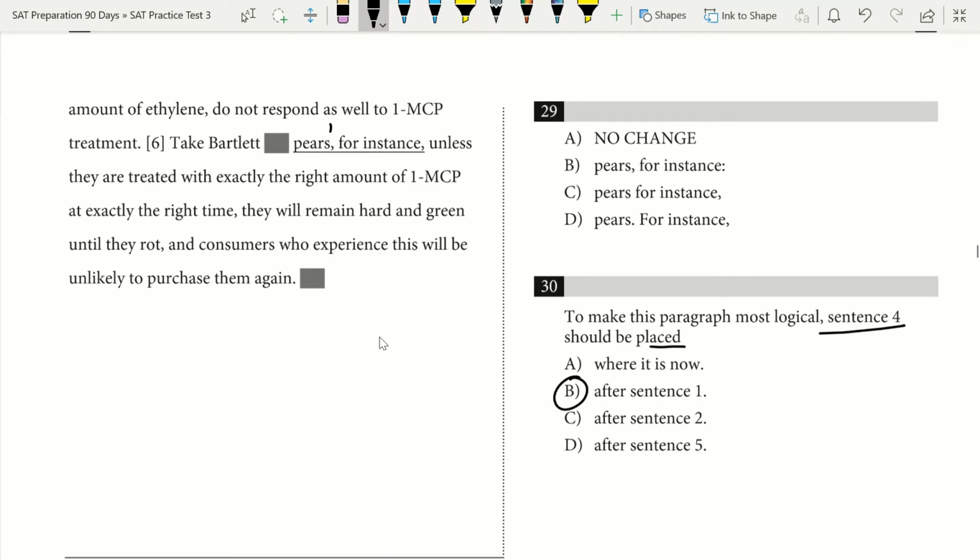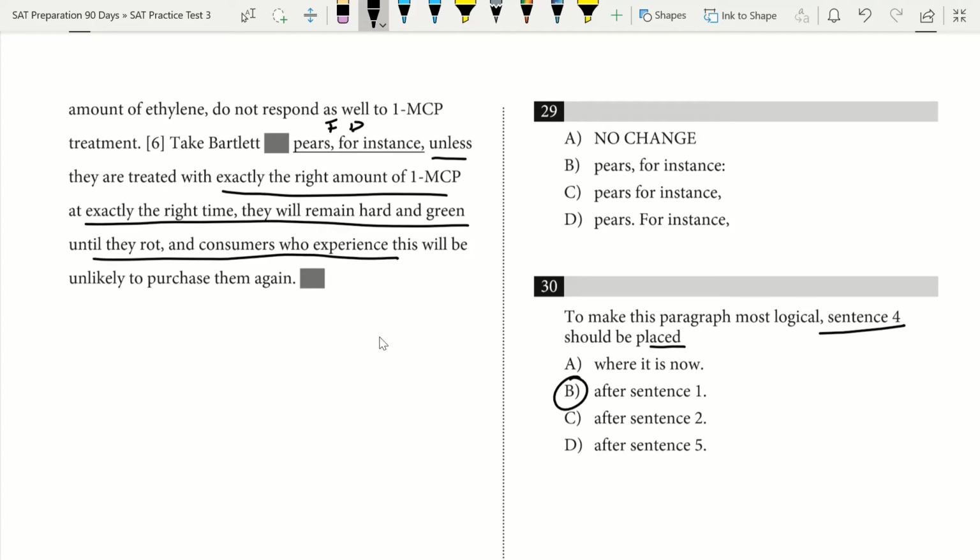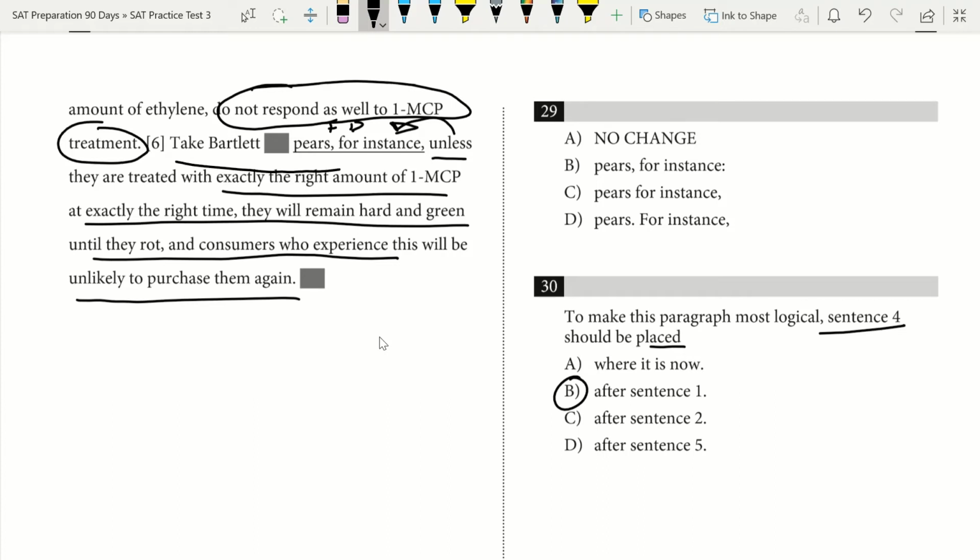Okay, this could be an independent clause, right? And then what comes after it, we have unless they are treated with exactly the right amount of 1 MCP at exactly the right time, they will remain hard and green until they rot, and consumers who experience this will be unlikely to purchase them again. Right? That's illustrating this take Bartlett pears, for instance. Okay, we're illustrating the idea of them not responding well to 1 MCP treatment, right? We're taking that idea, we say take Bartlett pears, for instance, which is an independent clause, and then we're illustrating